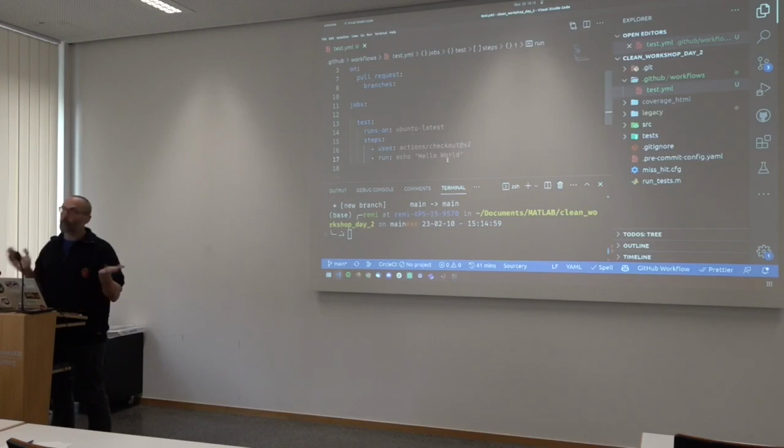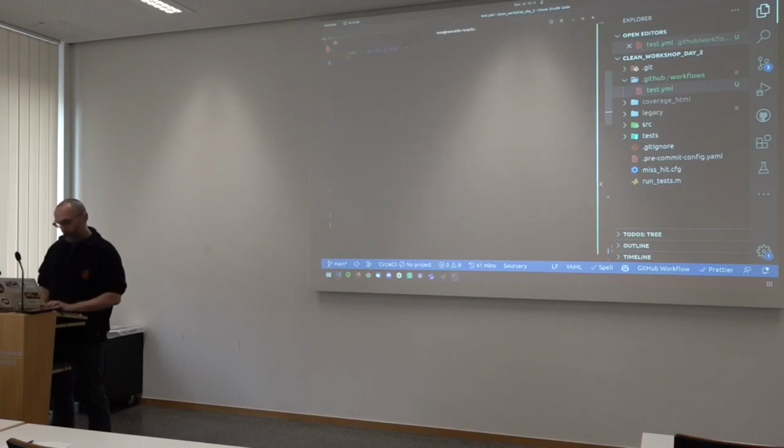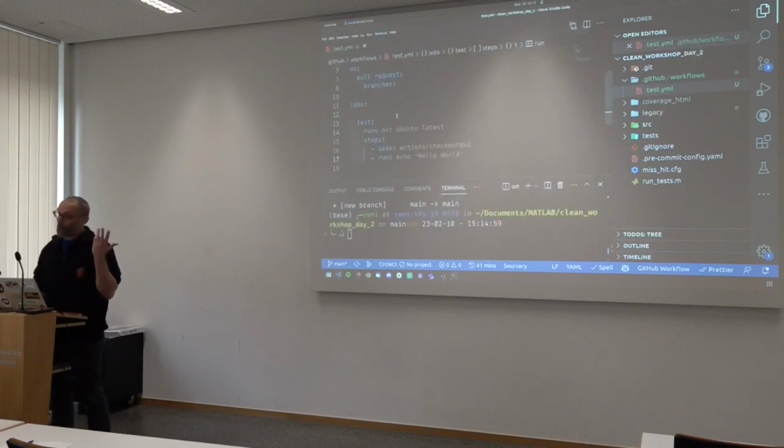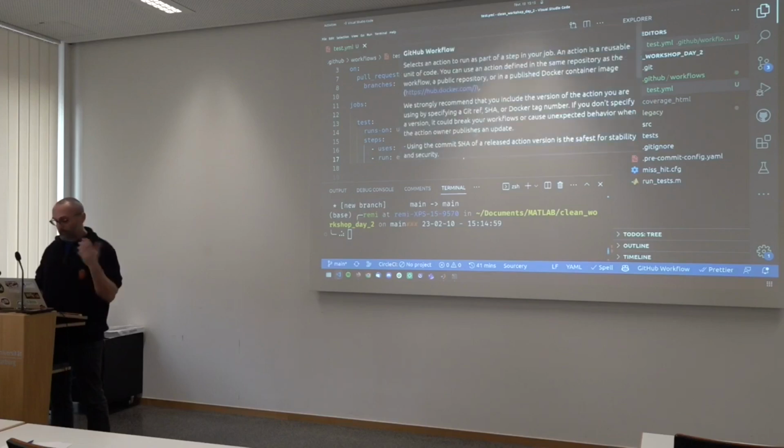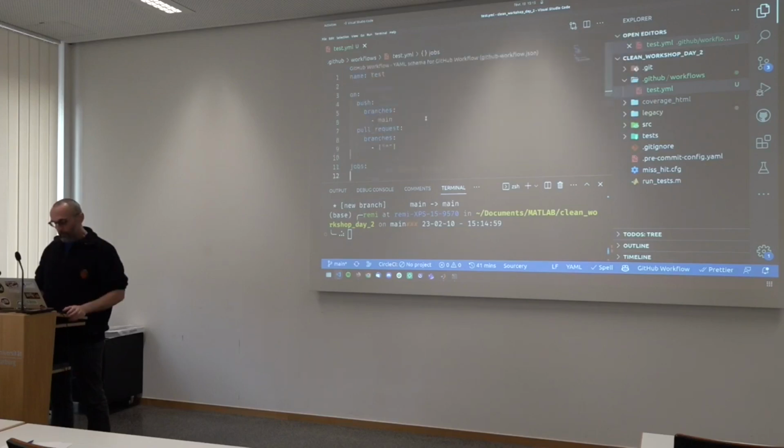If you're familiar with a bit of Linux command line, it's just how you display hello world to the terminal. So here, if I go and do hello world, oopsie, obviously I cannot type, then it just displays hello world. And because most of the continuous integration on GitHub is based on Linux, this is the language you're going to have to be using.